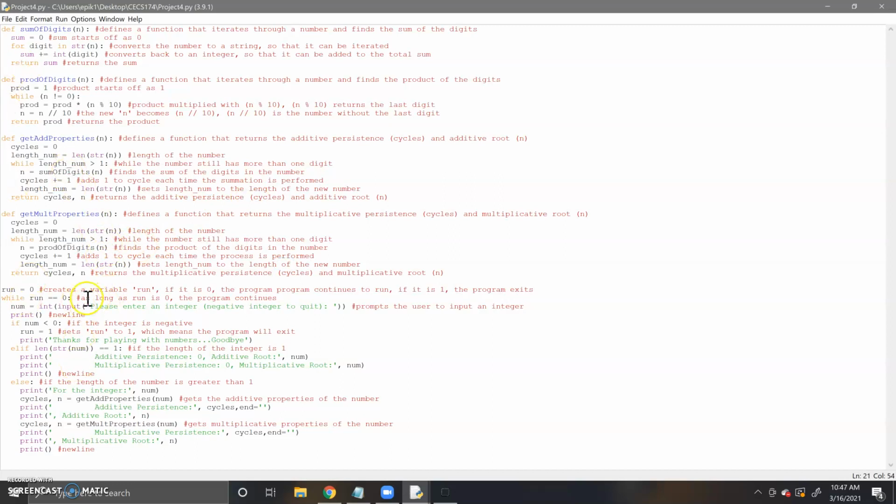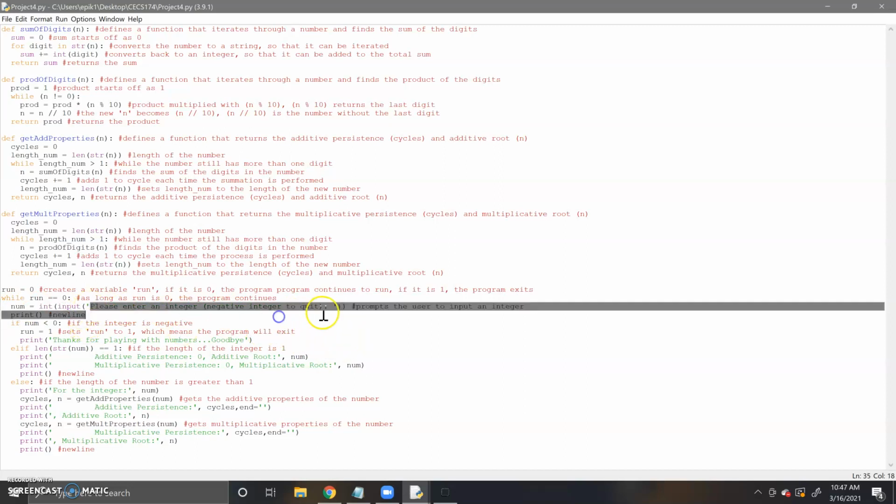So after defining all the functions, the program pretty much starts. So I set run equals to 0. This is kind of for the exit loop. So while it's 0, that means the program will continue to run, and if it is 1, then the program exits. So as long as run is 0, the program continues. This part pretty much prompts the user to input an integer, so whatever number they put here,